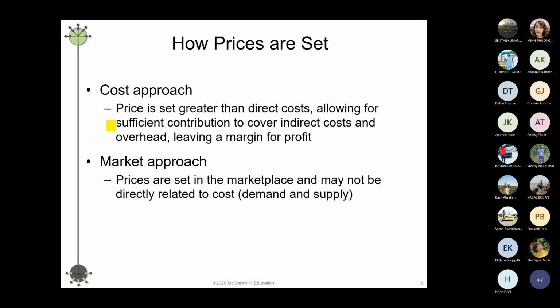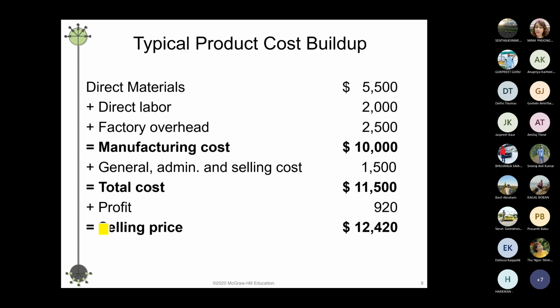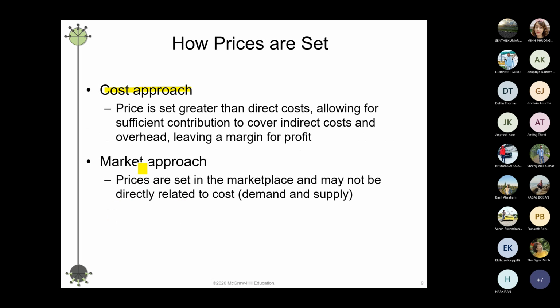And we learned that there are 2 ways to calculate the price. Number 1 is the cost approach, which is exactly shown here. So you calculate the total cost and add a little bit of profit, then it will be your price. But in the market approach, you will not decide about your profit and your cost. The market is going to determine how much should be your cost. Okay, if the supply is more than demand,